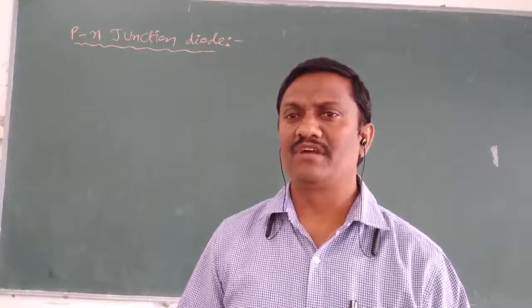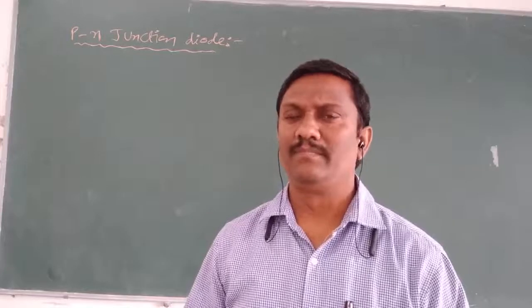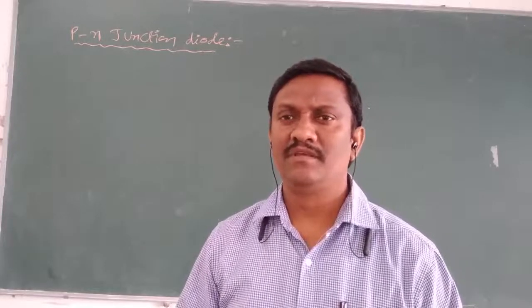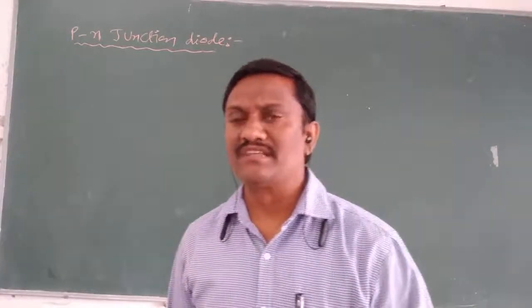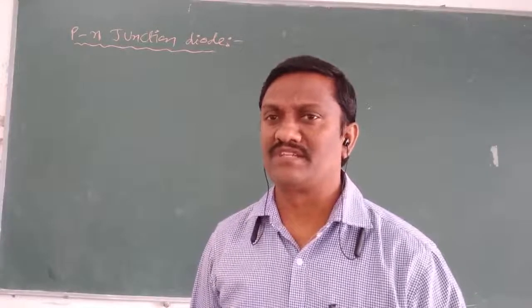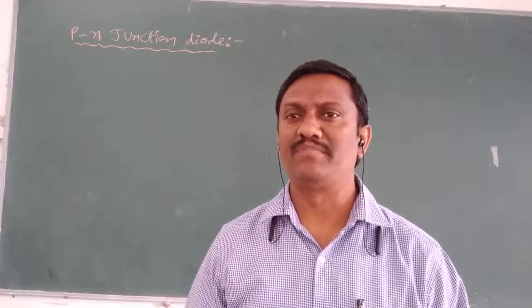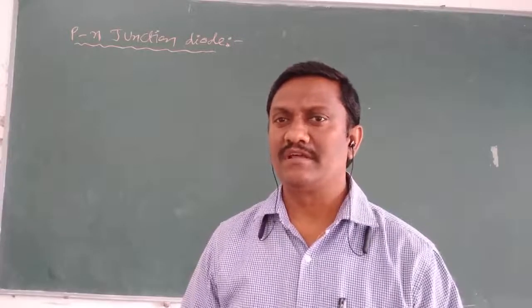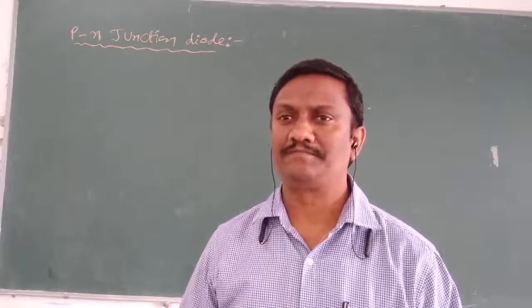In the previous video we covered a few topics in semiconductor devices. There are mainly two types of semiconductors, intrinsic and extrinsic. The pure form of semiconductor is called intrinsic. The impure form of semiconductor is called extrinsic semiconductor. After that we covered two types of extrinsic, p-type and n-type. Afterwards we covered the differences between p-type and n-type semiconductors. So that is about the covered topics in semiconductor devices.